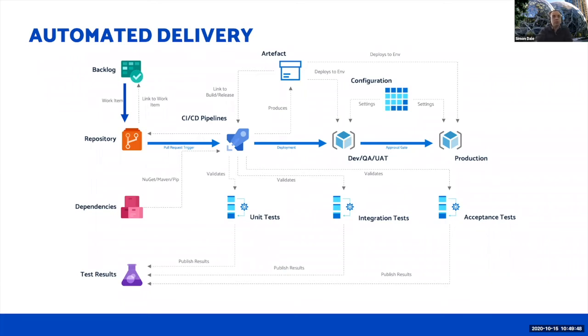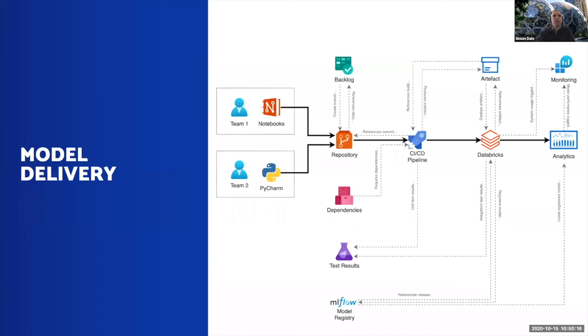So this is a process that is great at deploying infrastructure, deploying pipelines, deploying web applications and things like that. But what we're going to talk about for the next part of this session is data services. So things like data science and machine learning models, and how this process is refined to support those. So if we just move on to the next slide, we have a slightly revised diagram. So we still have a backlog, we still have a repository, and we still have pipelines publishing the work. But one of the main things in data science is you often need access to real data.